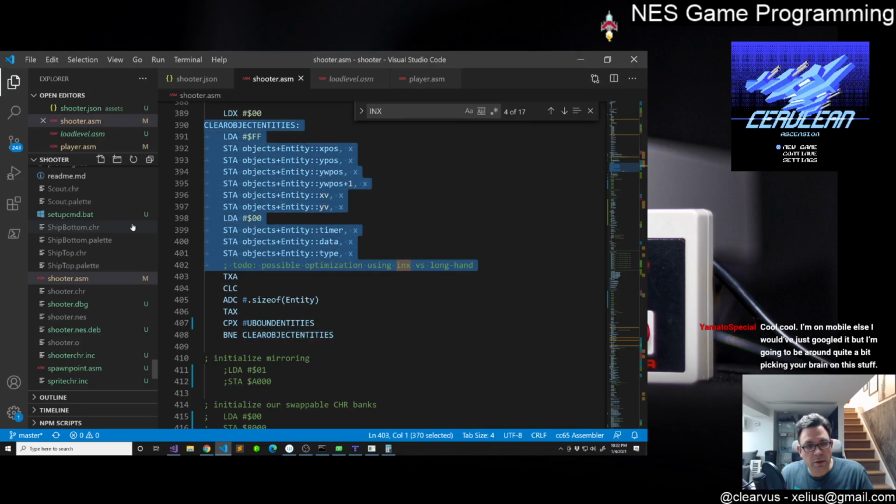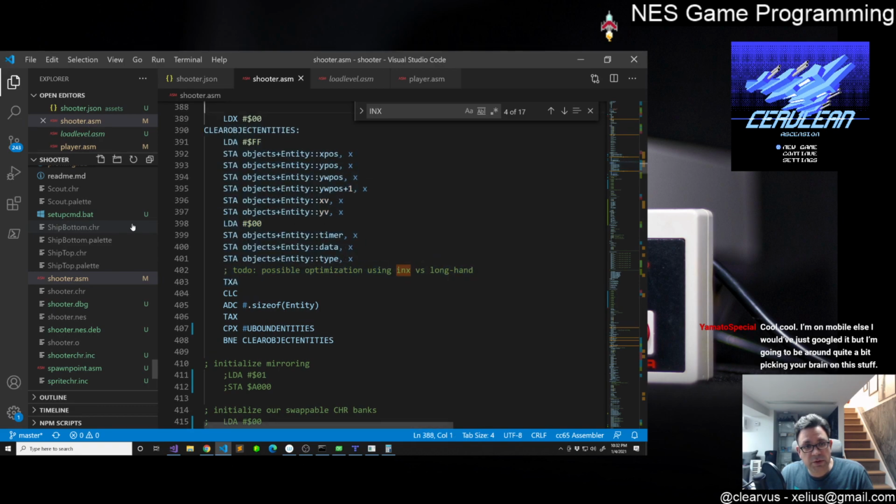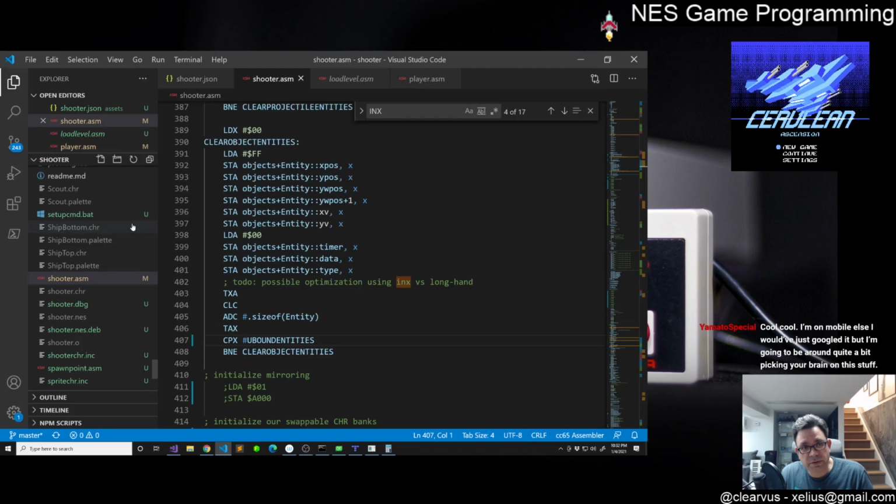I'm doing a loop here, where I'm looping through my memory, and I'm clearing it out and initializing things how they need to be for the game, right? And because I'm doing this by hand, I can control what registers I'm using. I know what registers I'm using. And so I can be pretty efficient about how I want to do this,